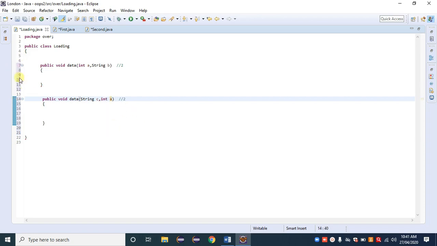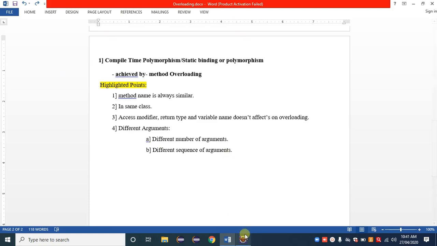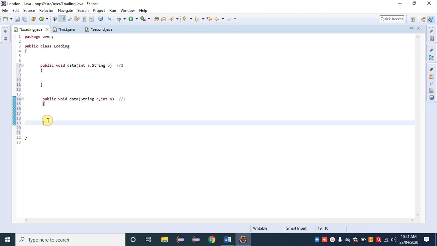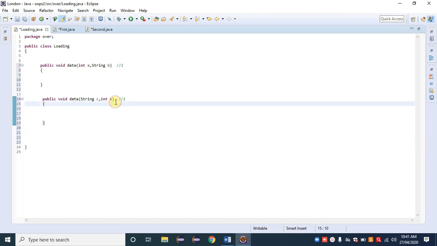You observe that the error is not available here. Okay, it means that it works. What is the second point? Different sequence of arguments. By changing their sequence, we can achieve method overloading. Int, string; string, int. Suppose we have a third method with us. If that method has two arguments, then that is not possible. Keep in mind, when there are two arguments, there are only two ways available. Okay, reshuffling is possible. If not possible, directly give another name for that method.